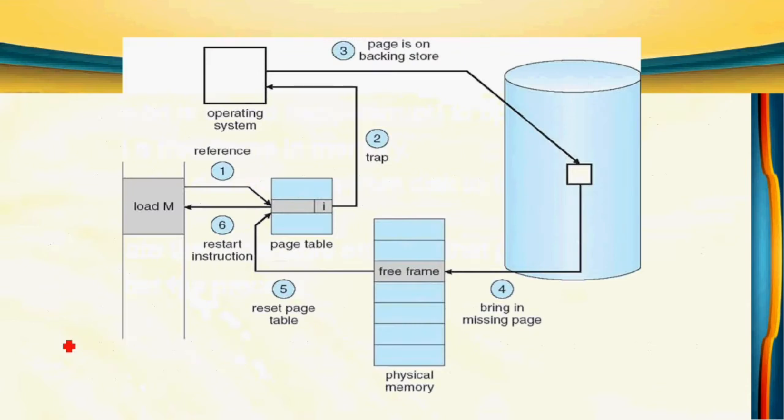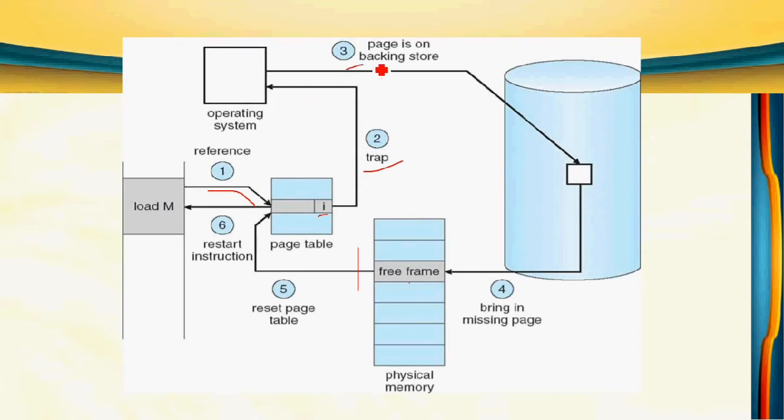That is called the steps to handle a page fault. In this diagram there are 6 steps in total, and we will see them. First we refer to the page table. Here it is invalid, which means the page is not available in the main memory. This is main memory, the page is not in it, so a page fault occurs. If there is a page fault, then in the second step we generate an interrupt. A trap is an interrupt, and it is given to the operating system.